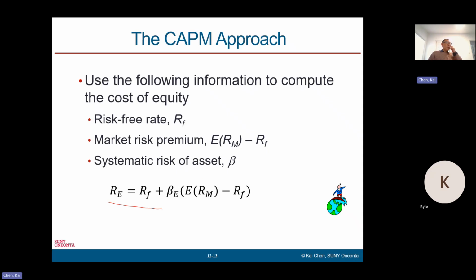It equals RF, the risk-free rate, which is compensation for yielding current consumption in exchange for more future consumption, plus beta E, the systematic risk of equity, times